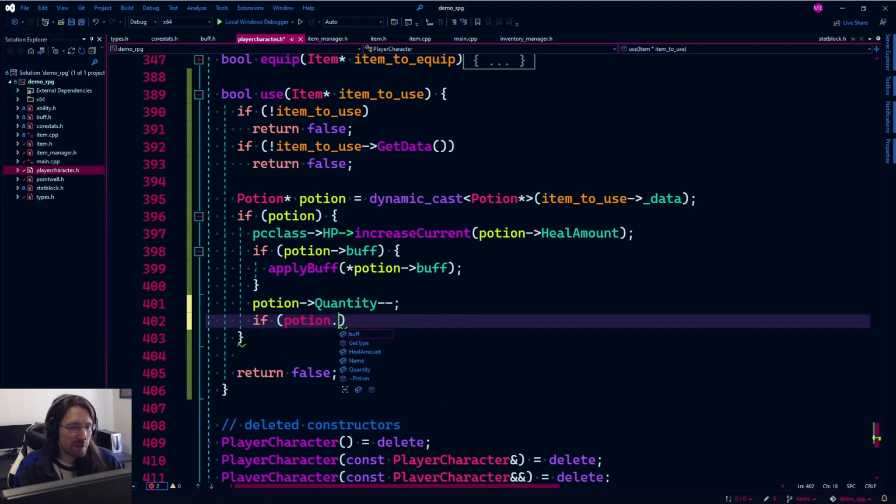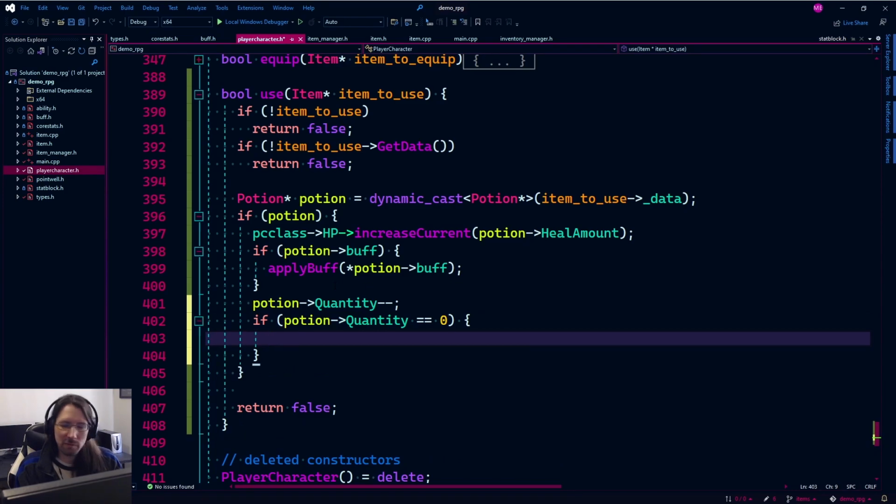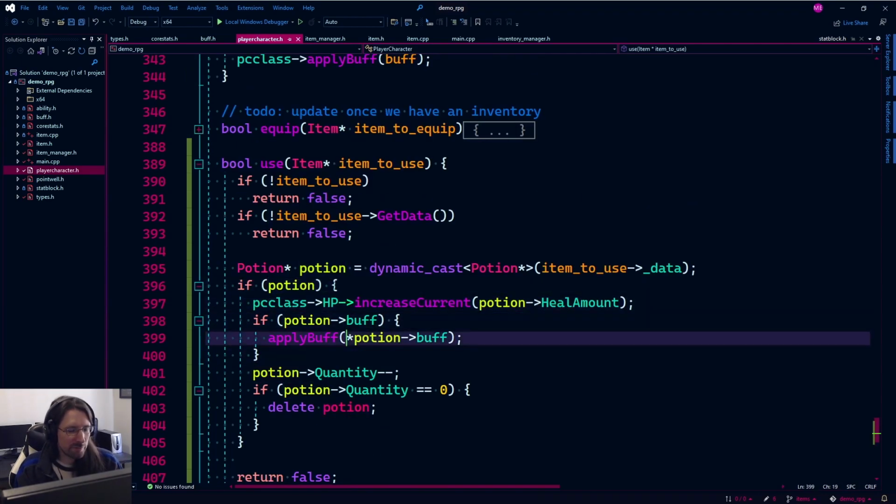If potion dot quantity is 0, then we destroy it. But do we really want to do that here in the use, or do we want that to happen in some sort of cleanup phase? That's something I haven't decided yet, but yeah, I guess we would just do it here. Delete potion. So what this is going to do is it's going to free the memory, of course, and it's going